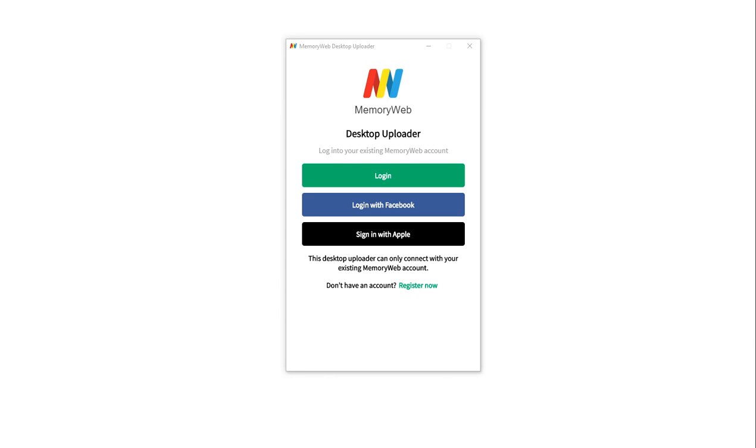Now that you have the MemoryWeb desktop uploader installed on your computer, I'm going to show you how to connect that to your existing MemoryWeb account. If you don't already have an existing MemoryWeb account, you're going to want to pause and actually set one up now. And you can do that by either going out to our website at memoryweb.me, or if you've already installed